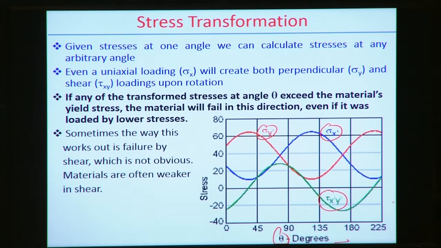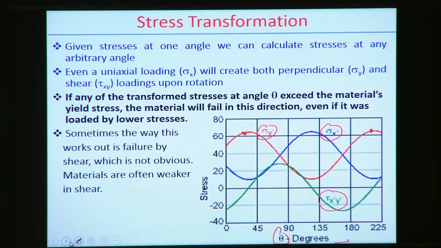Now if we see, there is a repetition of the stress state, so this point again repetition of the stress state hopefully after 180 degrees, and similarly we can find out this thing. So this is the individual variation of the two normal stress components as well as the shear stress component.